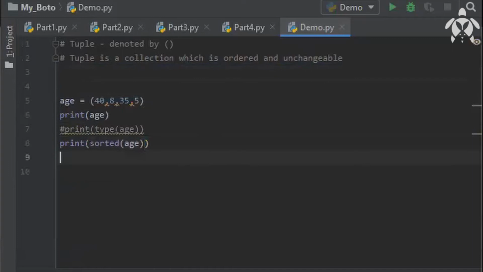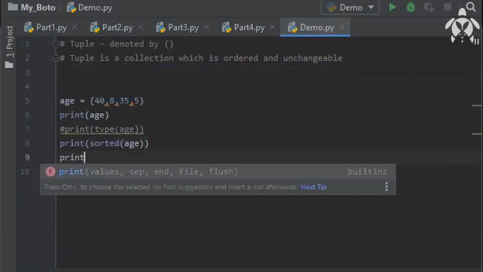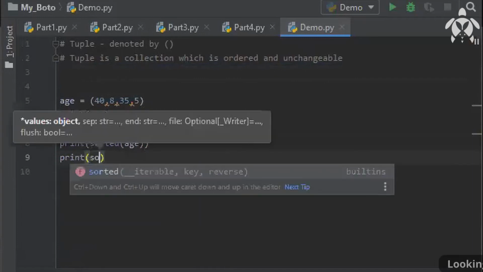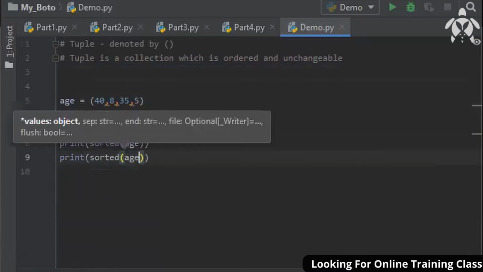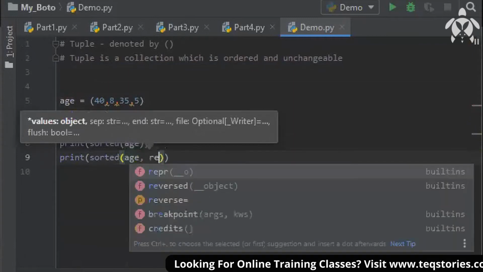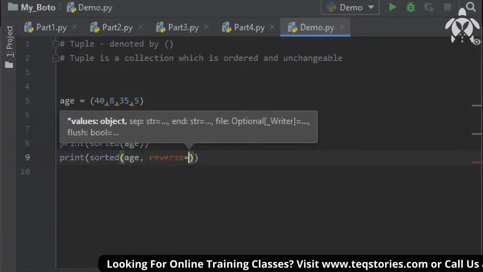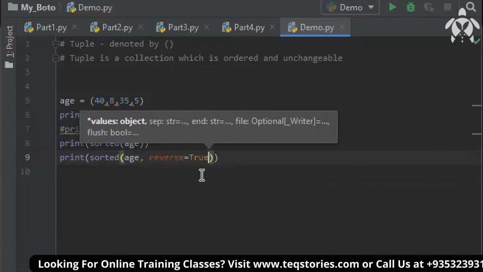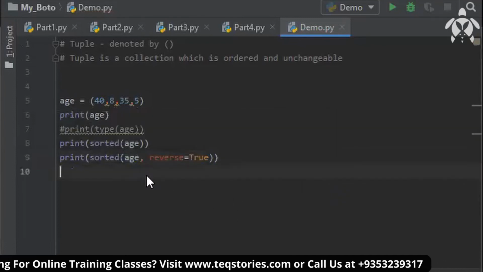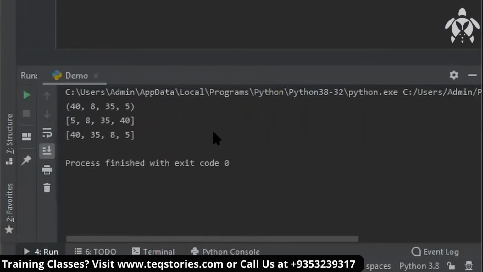And suppose you want to write it in descending order, you can give a print statement with sorted, and in sorted you will give age, and after writing age you will give reverse equals True. If you give reverse equals True here, you will get it in descending order.